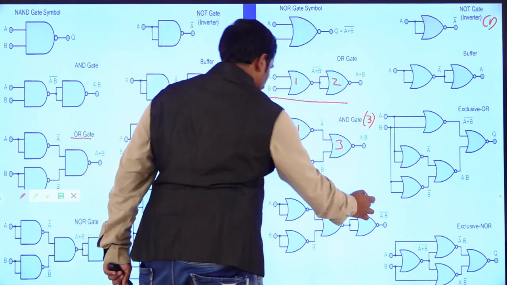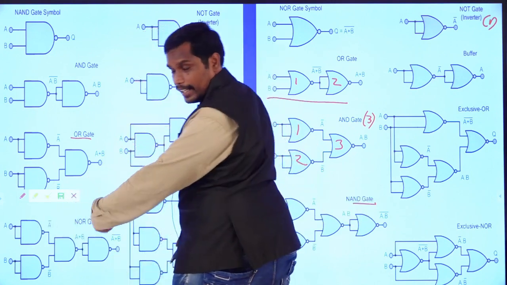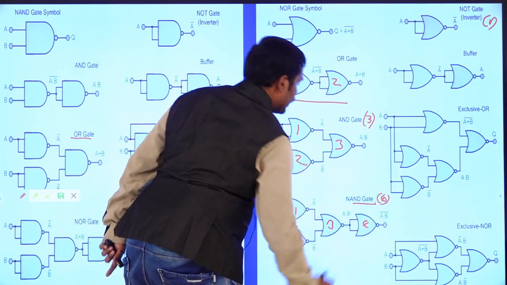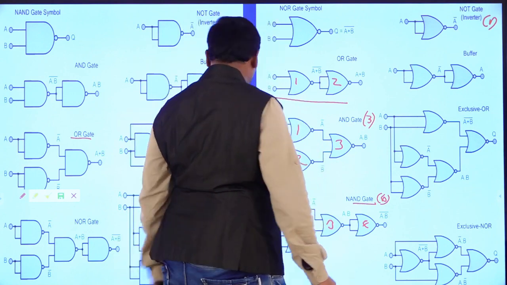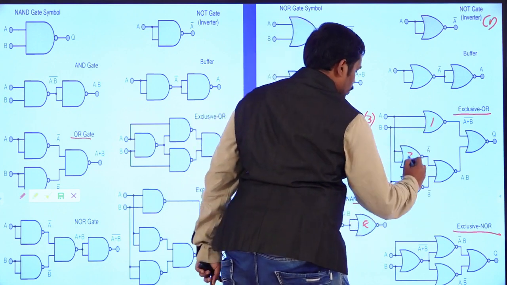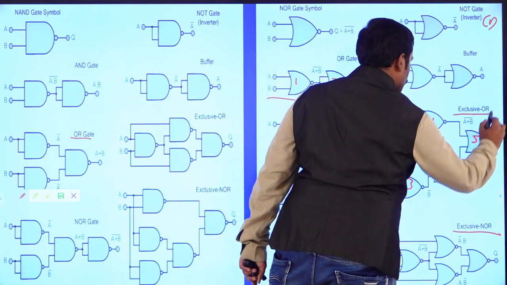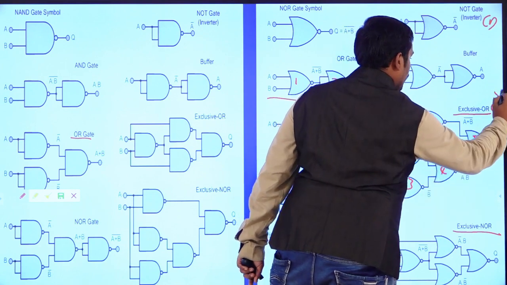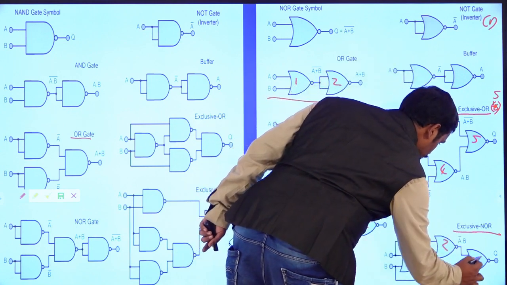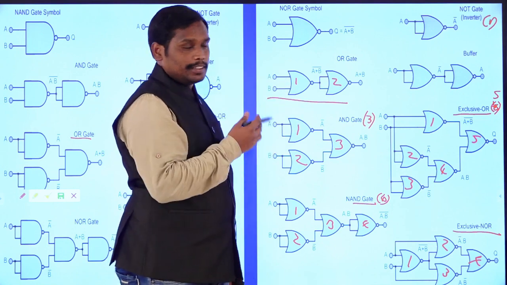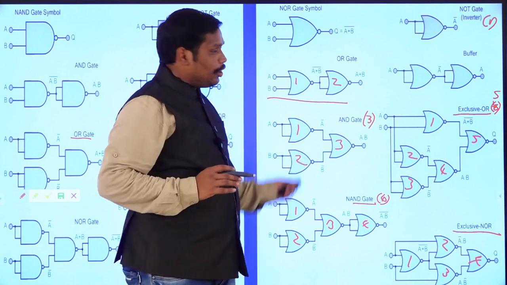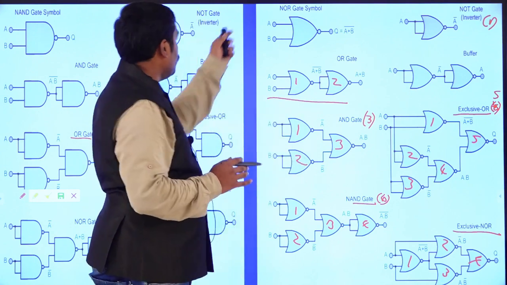In the same way, now you can see this NAND gate. Here you have 4 NOR gates, and here you have 1, 2, 3, 4. So 4 NOR gates, right? And the same way, even exclusive OR. Exclusive OR, here you can see 1, 2, 3, 4, and 5. So 5 representations of NOR gates. And now for the exclusive NOR, you have 1, 2, 3, 4. So based on the formulas that you have for the particular logics, you can apply De Morgan's law and check out all the gates will work. Okay, this is how these are called.